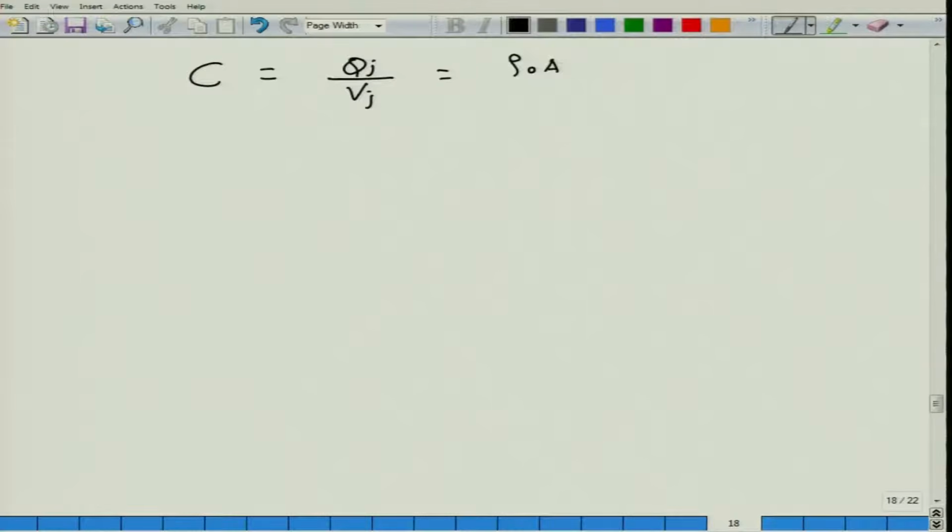I have not shown you the 3-dimensional case, but you can assume a uniform area A and a width of a. Only in this volume you are going to have some charge stored, or the space charge stored, divided by the junction potential, which was rho 0 a squared by epsilon, and what you see is epsilon A by small a farad. Okay, this is like a parallel plate capacitor, so that we have actually obtained.